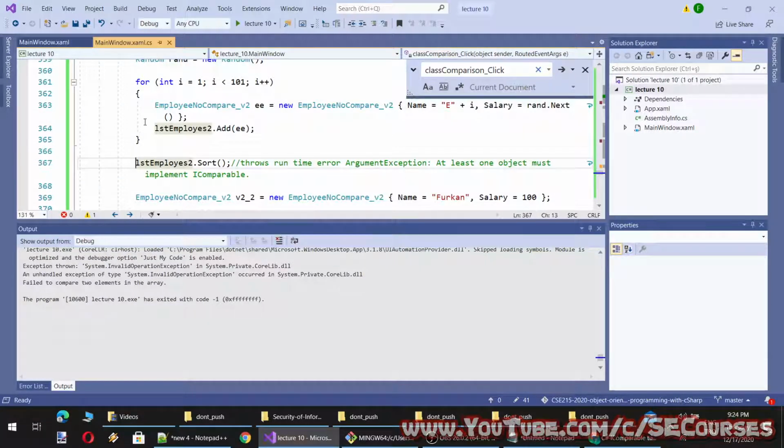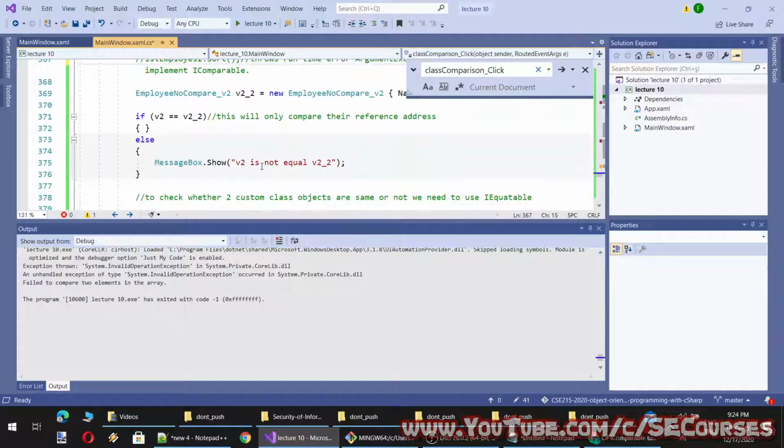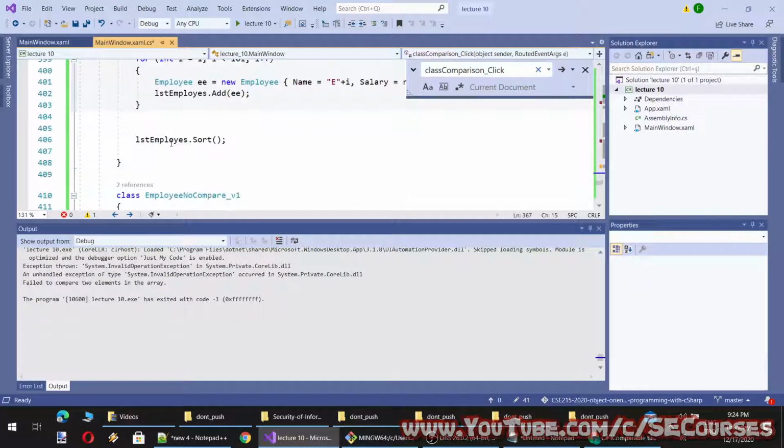Therefore, these are more dangerous ones because you can't know them until that event occurs during the runtime. However, this should work.